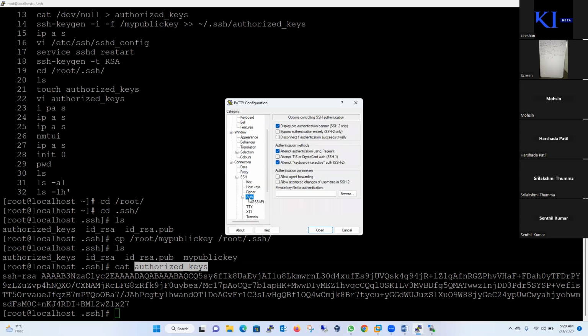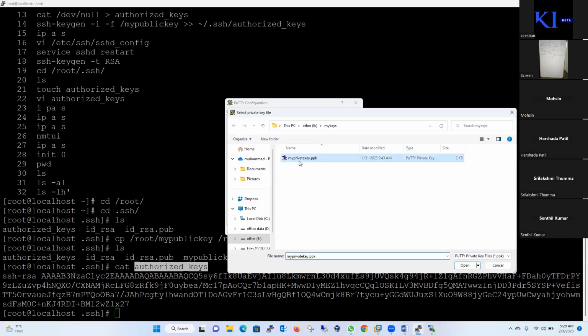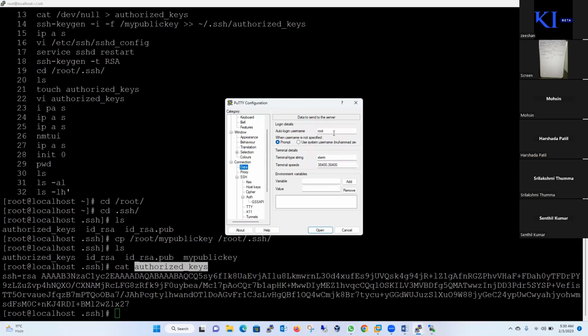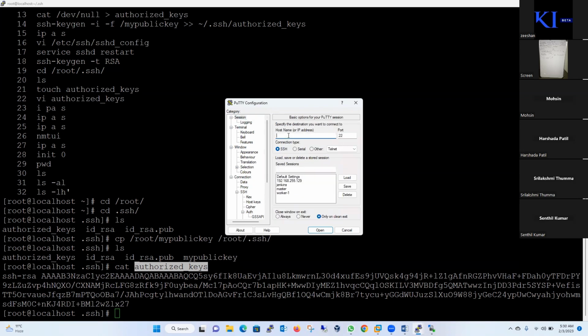In authentication, I will browse for my private key. This is my private key. So my private key is there. In data, the root username is there. In session, I will type the IP address of my host, like it's 192.168.255.129,